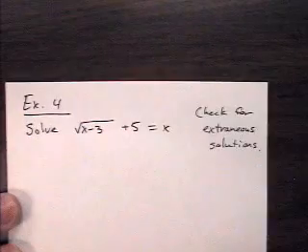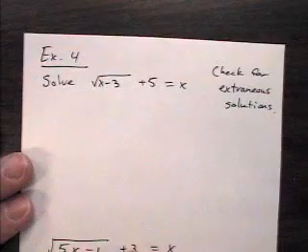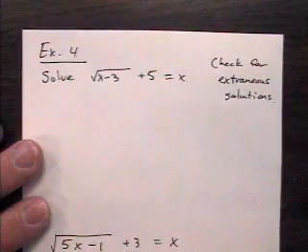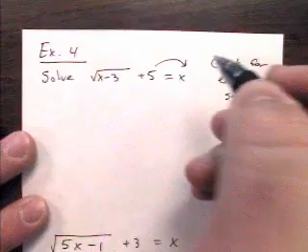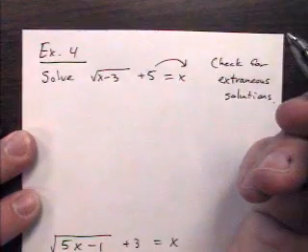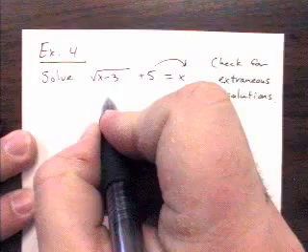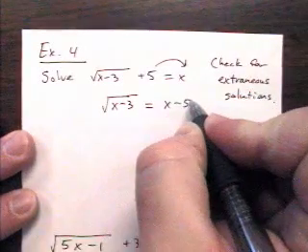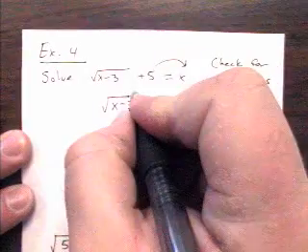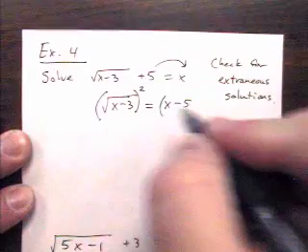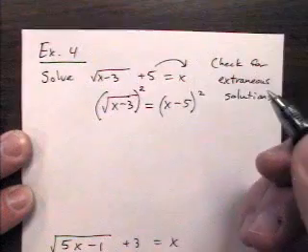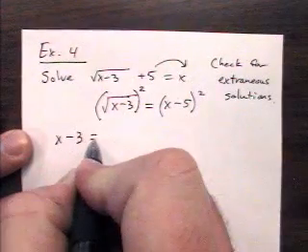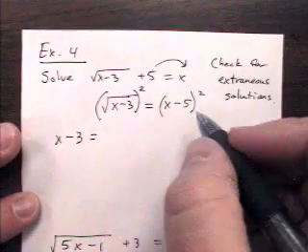Moving on to example 4. Example 4 is another solving situation. First thing I need to do is isolate the radical. So I have square root x minus 3 equals x minus 5. Now, when you square both sides here, hopefully you see on the left side you just get x minus 3, but on the right side,